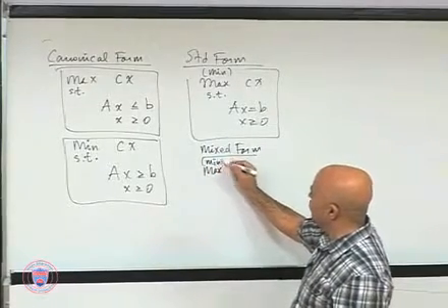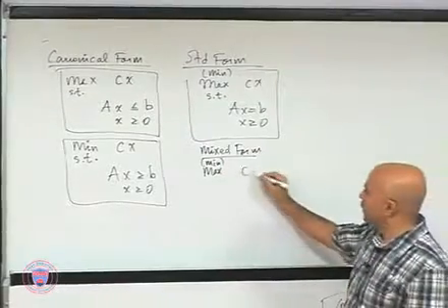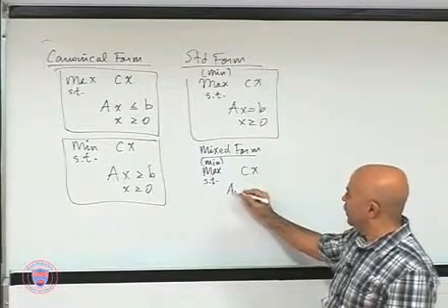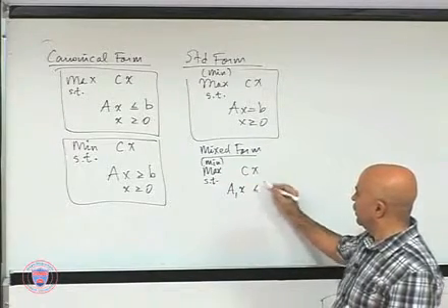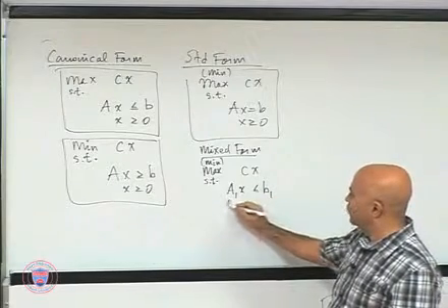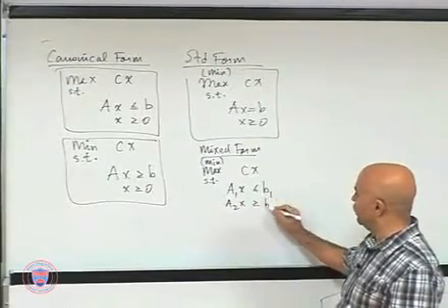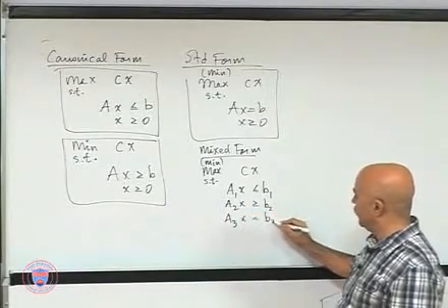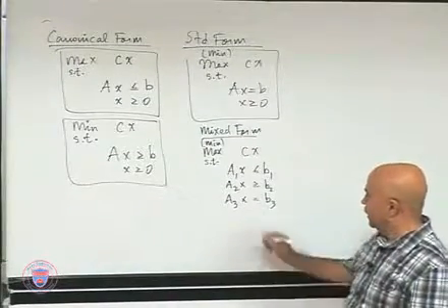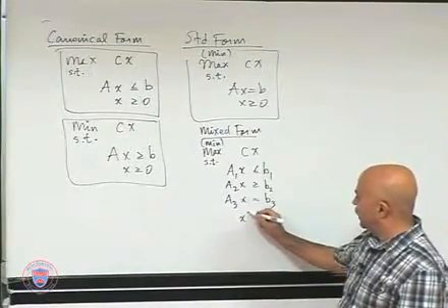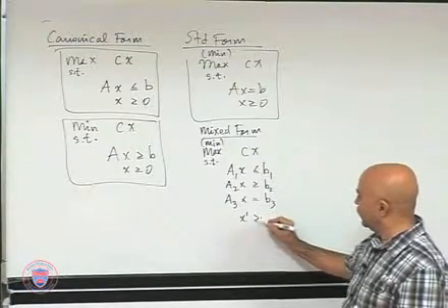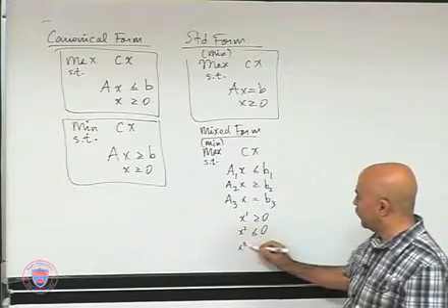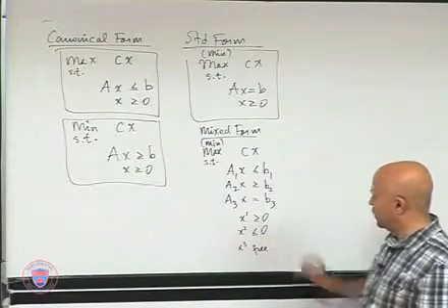It's either a maximization or a minimization of the same objective function subject to a1x less or equal b1, a2x greater or equal b2, a3x equal to b3, and then say x super 1 greater or equal 0, x super 2 less than or equal to 0, x super 3 free or unrestricted,